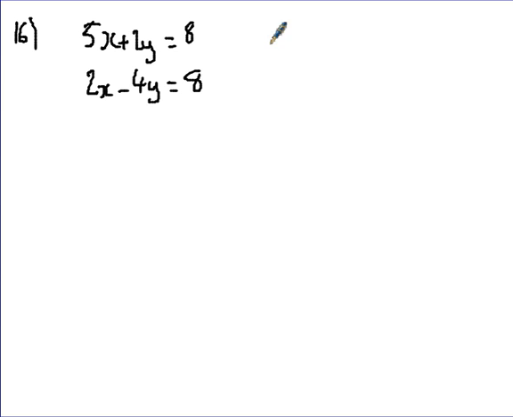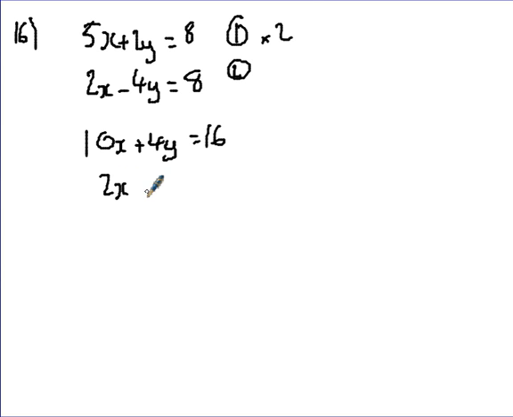Right, question 16. So we've got 5x plus 2y equals 8, and we've got 2x minus 4y equals 8. If I times the first one by 2, that will make this equal 4y then. So I've got times it by 2, so that gives me 10x plus 4y equals 16, and I'll just write the same